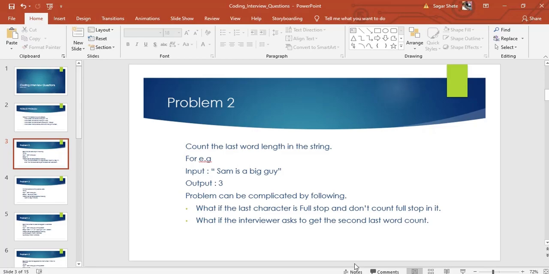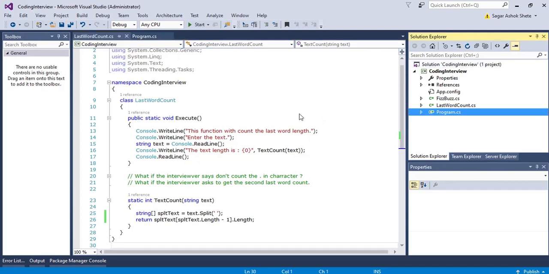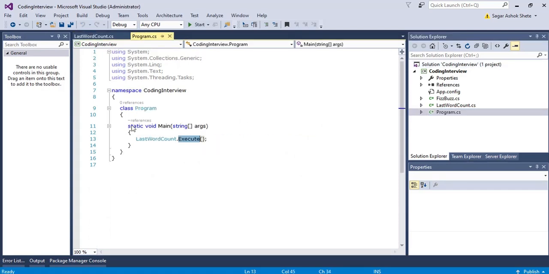So here is my main program, which basically is the static void main. And this one is the FizzBuzz problem, which we resolved in the previous video. If you have not had a look at it, you can directly go to that particular problem video. I would keep it in the description box. So moving on to the last word